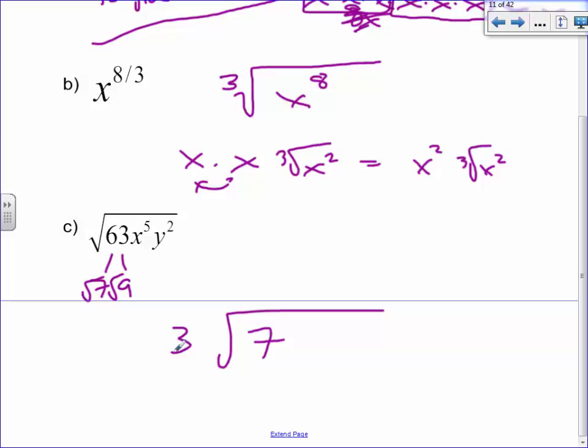All right, now for the letters. You have 5 x's. If you need to, feel free to write them up. There are 1, 2, 3, 4, 5 of them. This time, though, we need them in groups of 2, right? So this is a group of 2. This is a group of 2. And then there's 1 left over. Once you get the hang of it, you don't need to write it out like I am this time. But really, this is an x squared, which you're going to square root to give you an x on the outside. This is also an x squared, which you'll square root to give you another x on the outside,